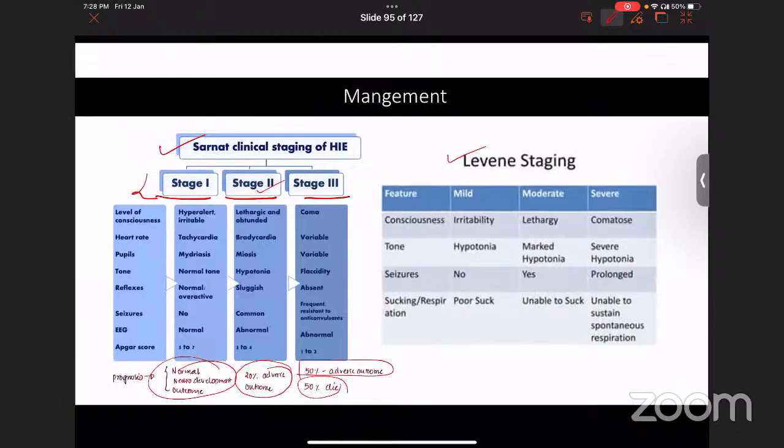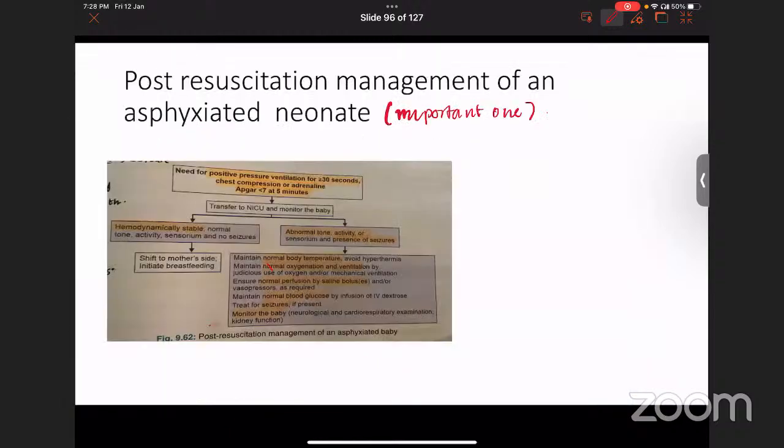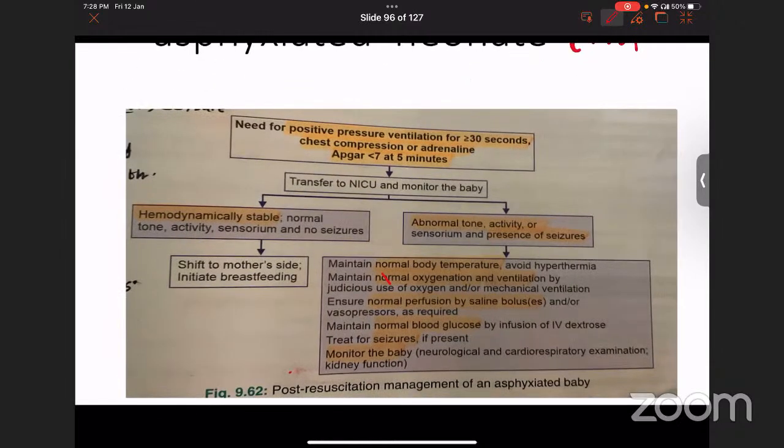Another staging is given in my OP card, so just go through it. What is the stage? Once you have resuscitated the child, the heart rate has improved and everything is fine, so you go with this table. At 5 minutes the Apgar score was 5, and later 7. Chest compression and adrenaline were given, and PPV was given for 15 minutes. So you have to transfer the child to NICU and monitor the baby. If the child is hemodynamically stable with normal tone, normal activity, normal sensorium and no seizure,